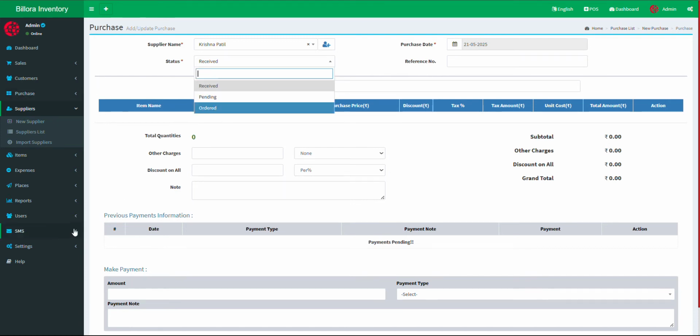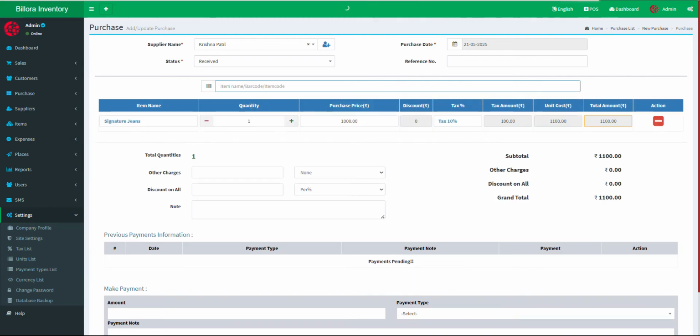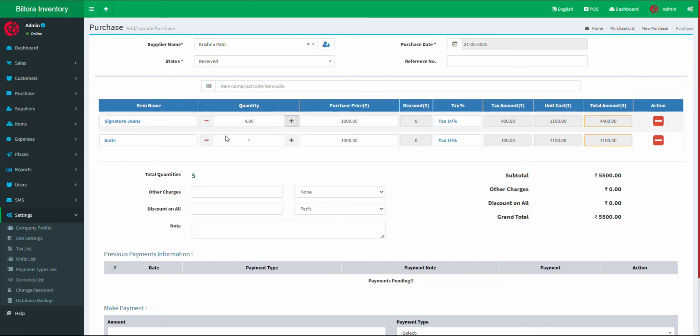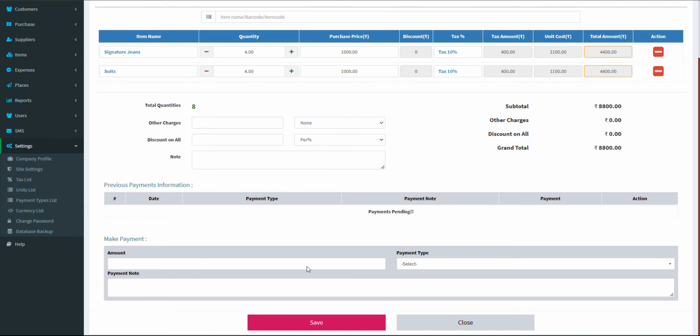pending, or ordered. Then we can add some reference number, and then we can get items from our panel. So for which product we are purchasing, we can adjust the quantity here, items, tax, discount, tax amount, unit cost, total amount, and so on. So this is the total quantity, subtotal, other charges. There are lots of charges here, pending payments, and we can save it,